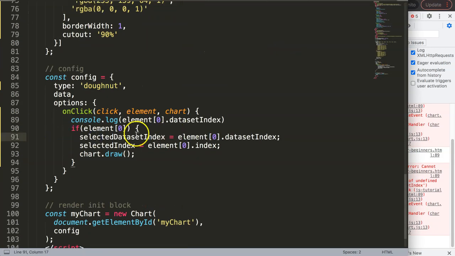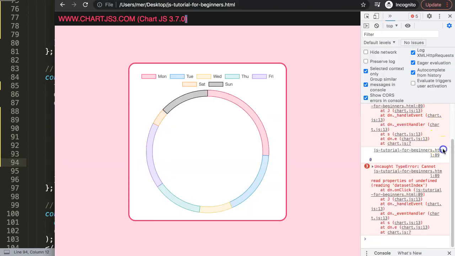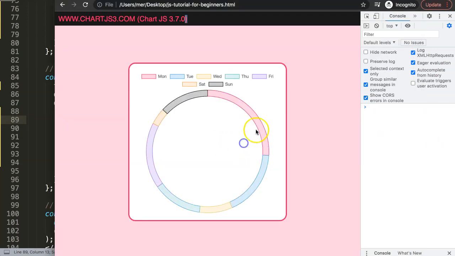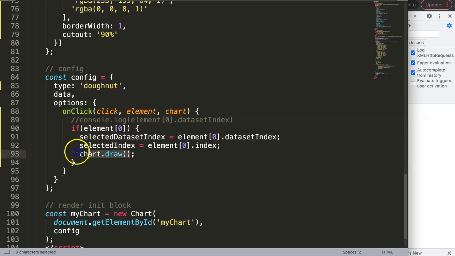So let's see here if element is that. What is it showing? On 89. That will be this one here. So console log. Of course, the console log is an issue. If I save this now, we should have no more errors. There we are. Alright, so we have this now, but what I want to do now is to draw, but